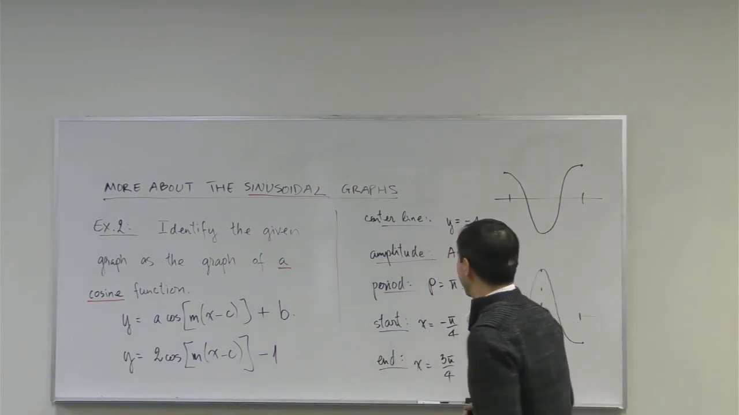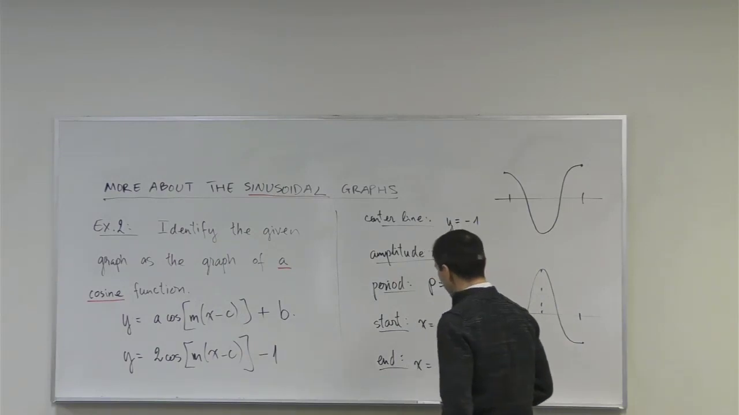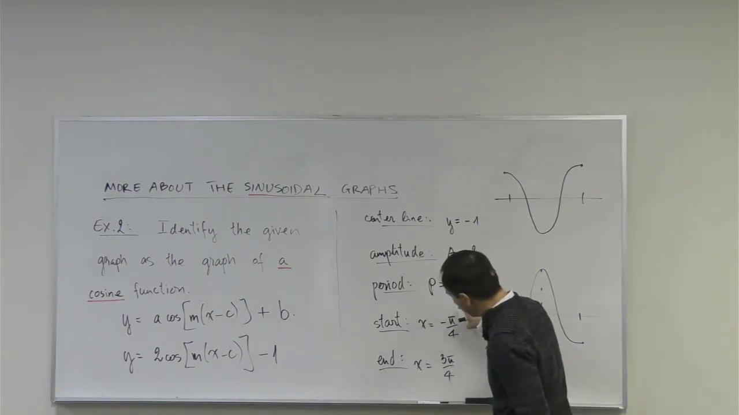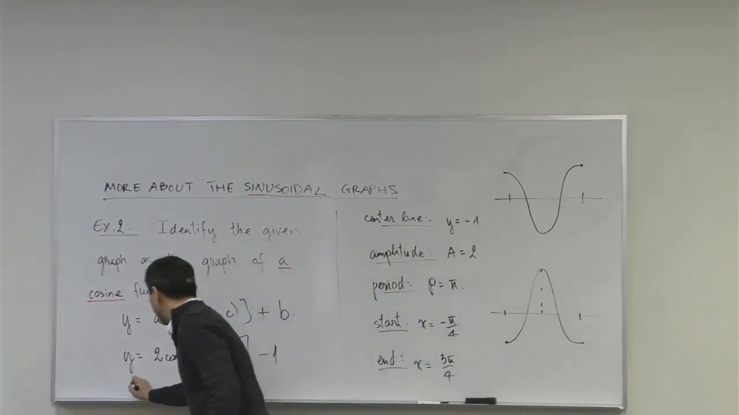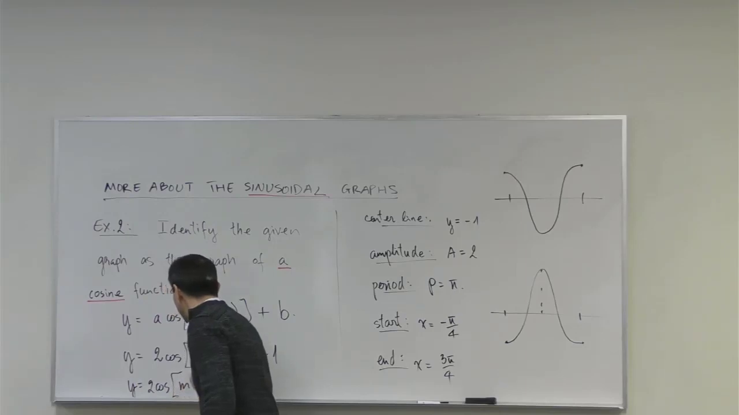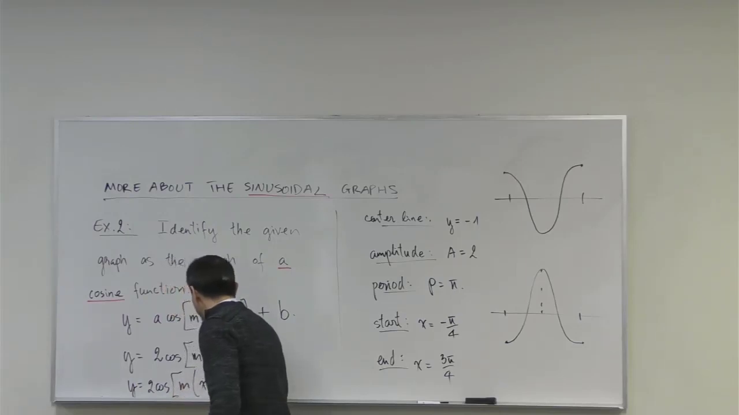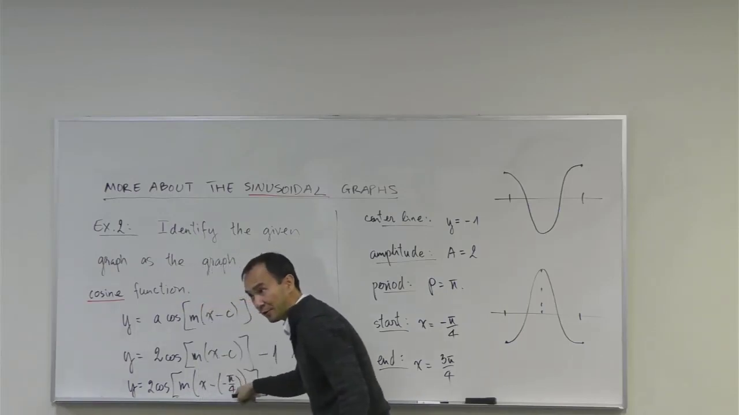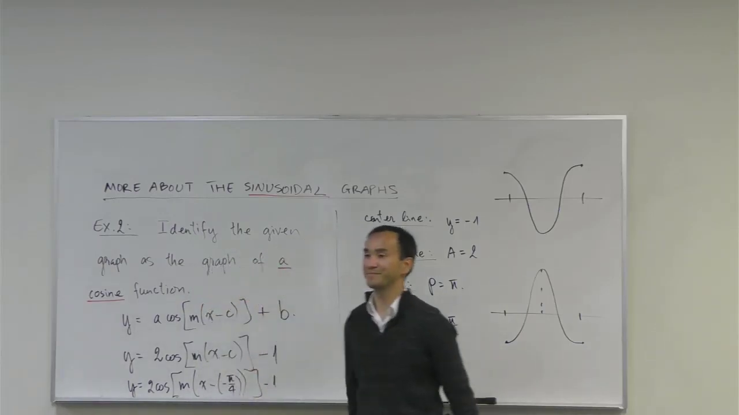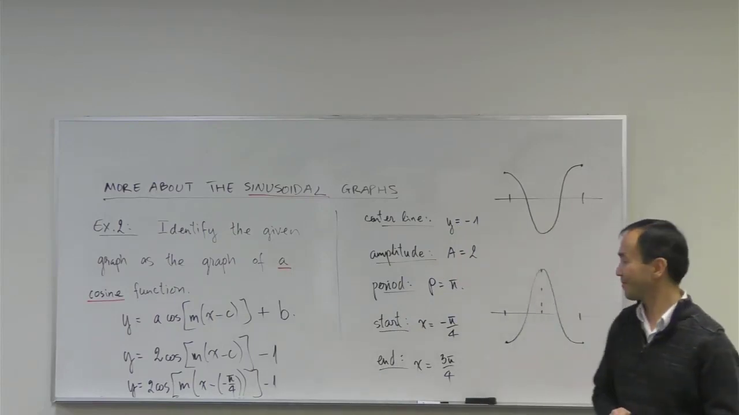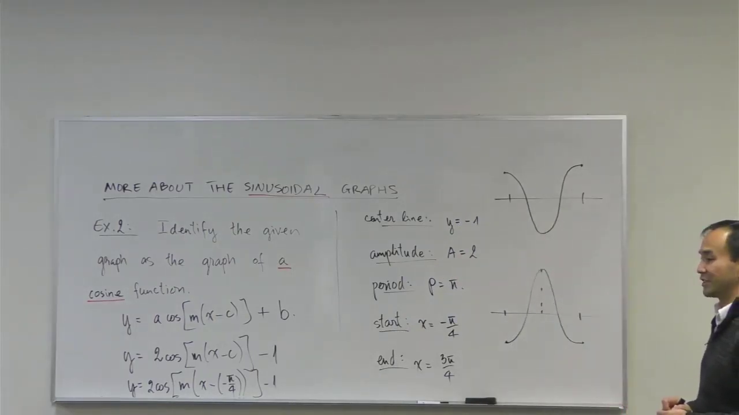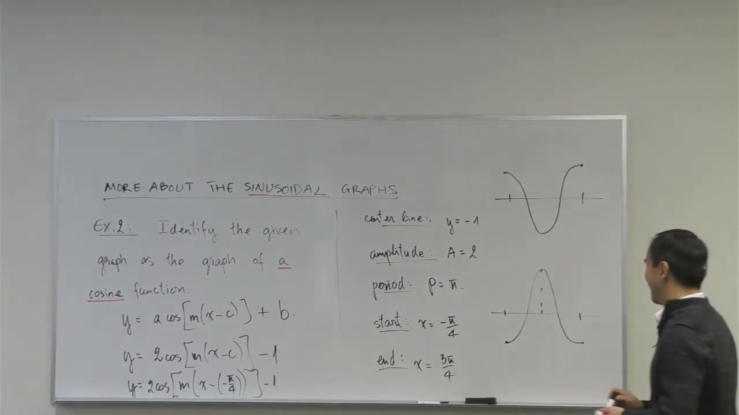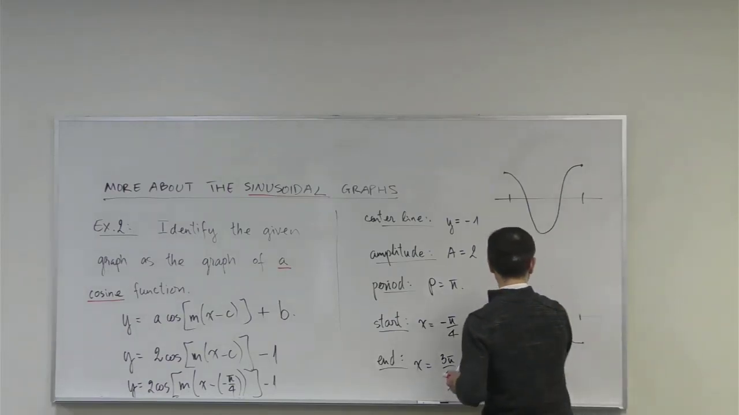Right. And then now putting in some more information. You see this? x equals -pi over 4. That's our starting point. So when we put it in, y equals 2 times cosine, and here I got m times x minus -pi over 4, which will eventually become plus pi over 4, and then -1. Are we all together still? Right. And now we're going to do a little bit of math to find out the